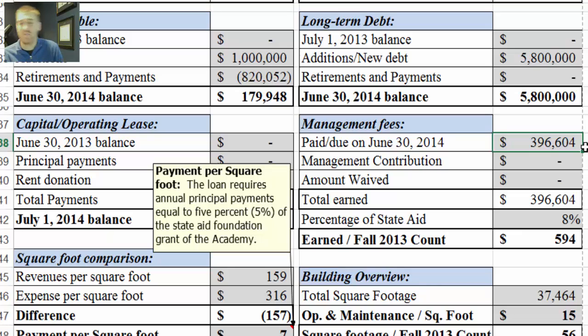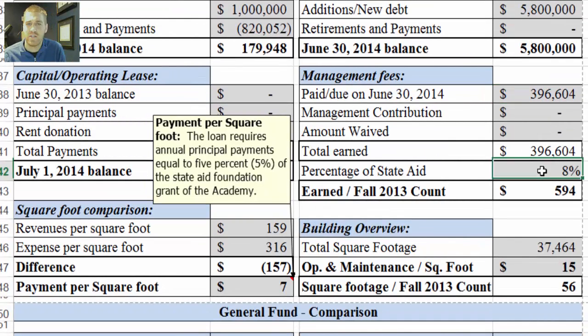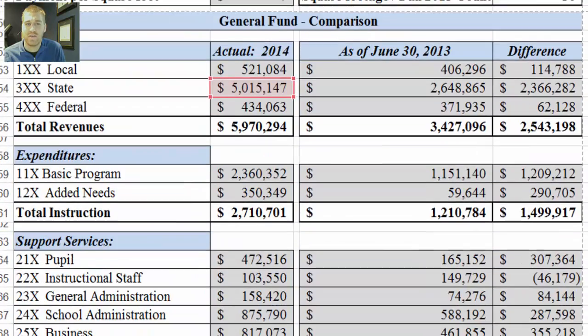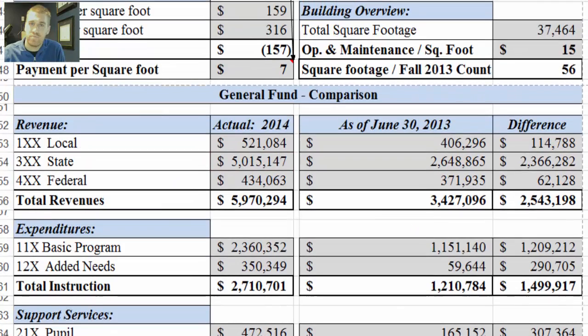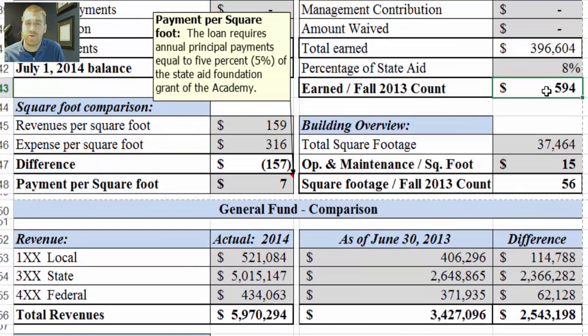Management fees, this is directly from the notes too. So here are the management fees. Then these are just a couple of calculations. This is percentage of state aid. So this takes the total management fees and divides it by the total state aid down here. And then earned divided by fall 2013 takes the management fees and divides it by the fall 2013 count, which is the corresponding count for this fiscal year,